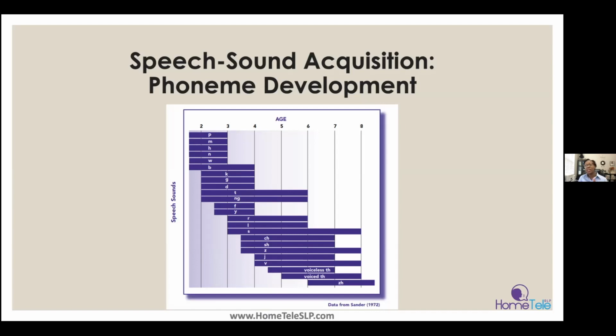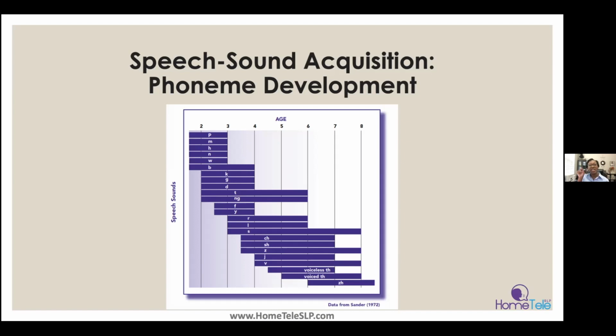And then as they get a little bit older, they're starting to develop what we call velar sounds, or the letters K and G. Those sounds for K and G are K, G. And so they're able to produce those back or velar sounds, as well as some additional tongue tip sounds. We call those alveolar sounds. Letters T and D make that T and D sound.